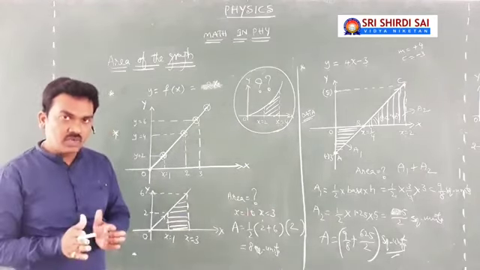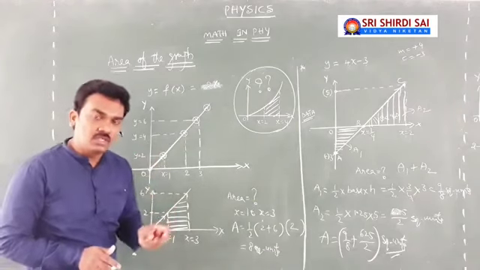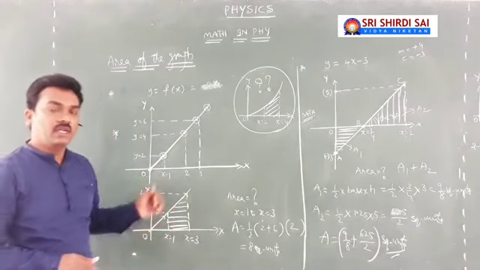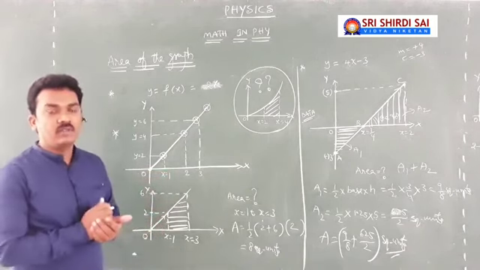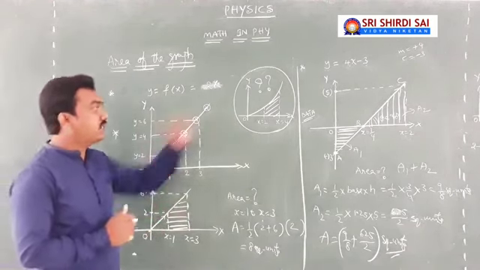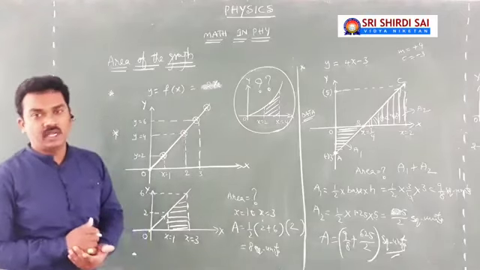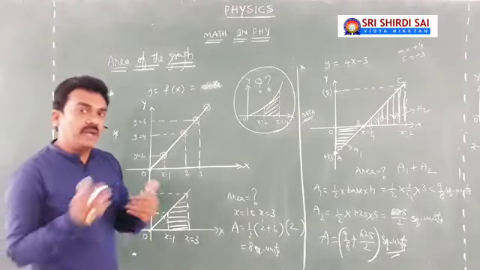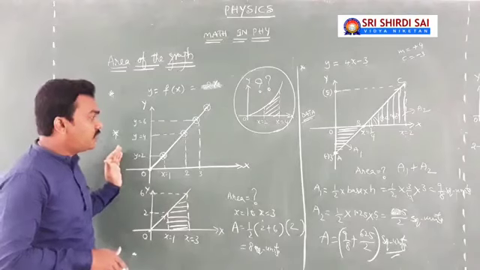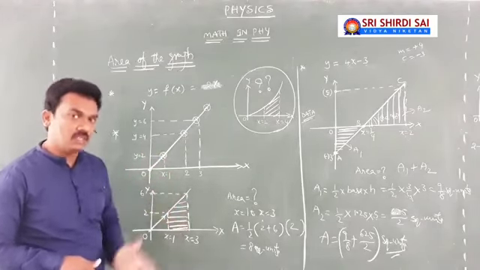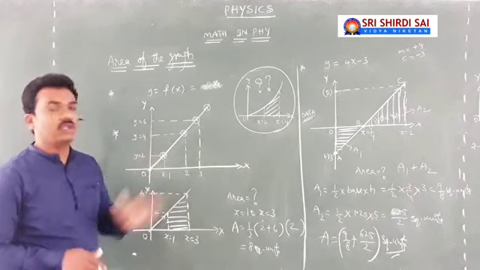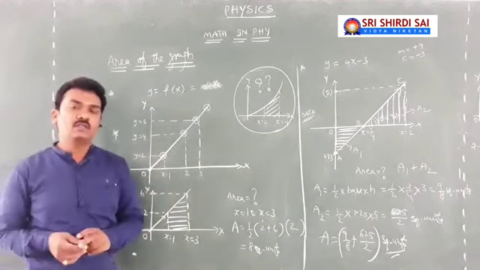So what we have discussed today is all about a little more conclusions regarding the slope of the graph and the introduction to area covered by the graph when the graph is a straight line. If the graph is a curve, then how to deal with that? And in what manner can this area of the graph in the coordinate system be connected with physics? Yes, these are all the things that we are going to cover in the next class.